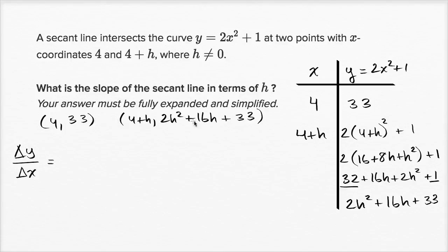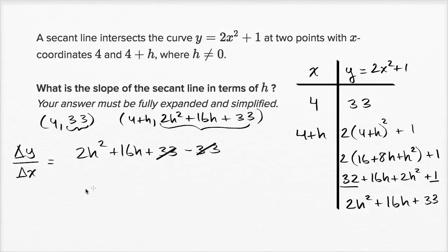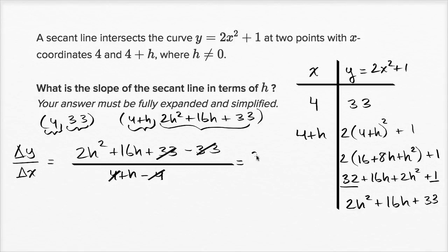So what's our change in y? Well, if we view this as the end point and this is the starting point, our change in y is going to be this minus that. So it's going to be 2h squared plus 16h plus 33 minus 33. Minus 33, those two are going to cancel each other out. And then over, what's our change in x? Well, if we ended at 4 plus h, but then we started at 4, it's going to be 4 plus h minus 4. These two cancel with each other. And we are left with 2h squared plus 16h